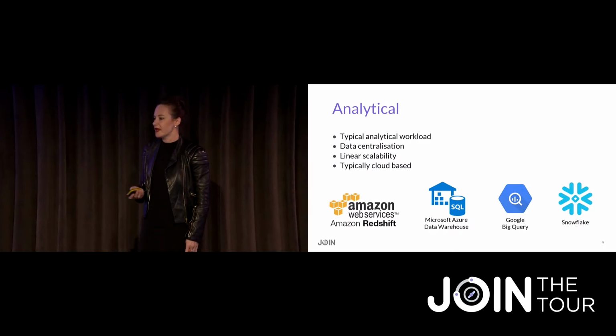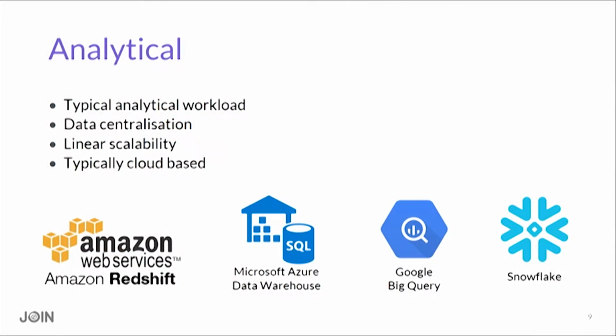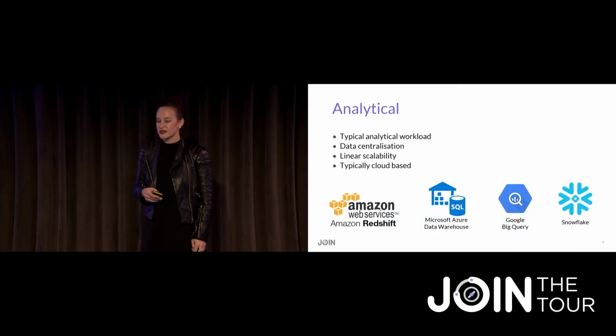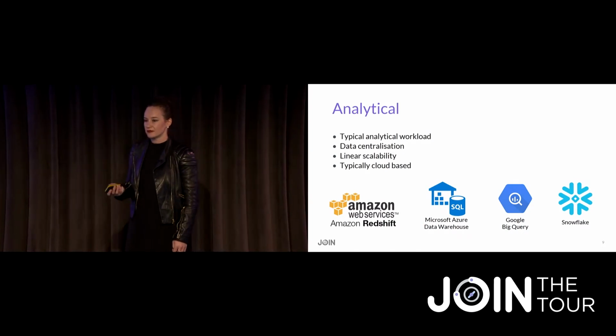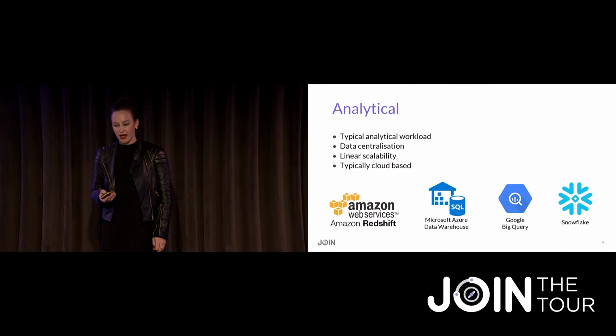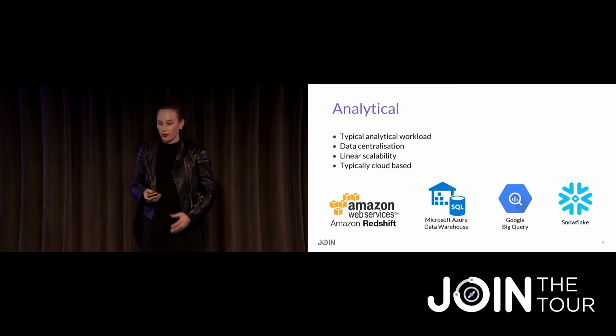The analytical database is otherwise known as MPP, which stands for Massively Parallel Processing. That's the likes of Amazon Redshift, Snowflake, Google BigQuery, Microsoft. The processors in an MPP database are working in parallel. They take the big workloads and break them into chunks so you can run things pretty quickly. They're typically not for use in business critical operations and instead focus, as the name would lead you to believe, on analyzing the data. You access it in bulk, store all of your data, and it can be highly flexible.